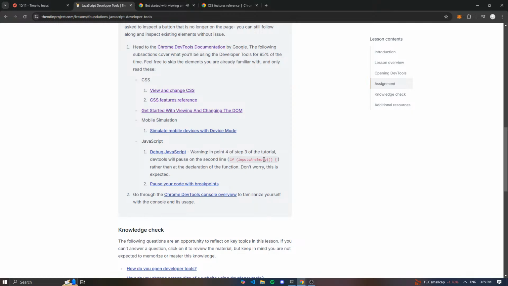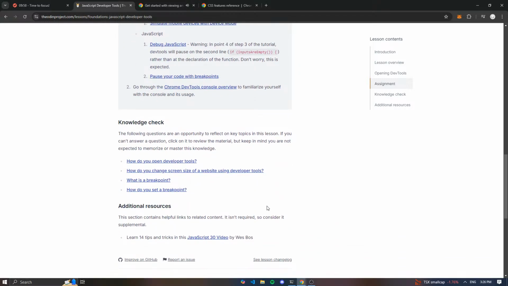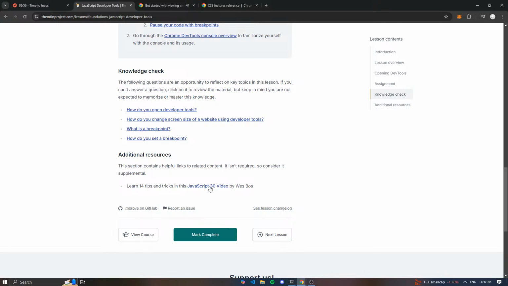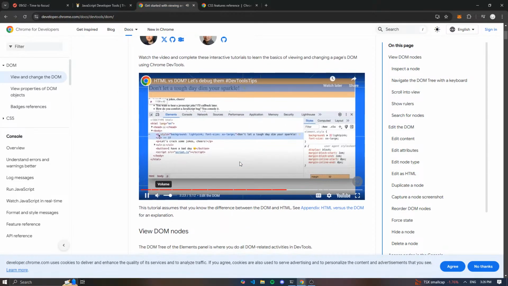Since we touched on editing the DOM, there are multiple easier ways to edit it as well. This allows you to quickly experiment changes in the UI. To edit the text content of a node, double-click on the text and start editing. Press Enter to apply the changes. Similarly, if you want to change the type of this node,